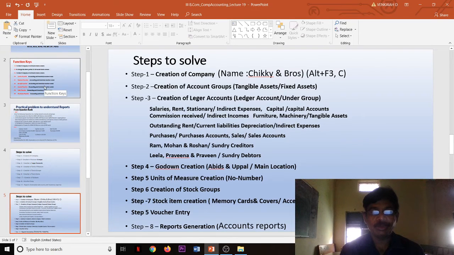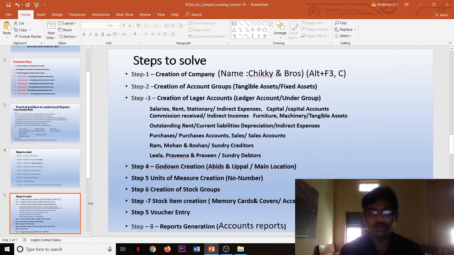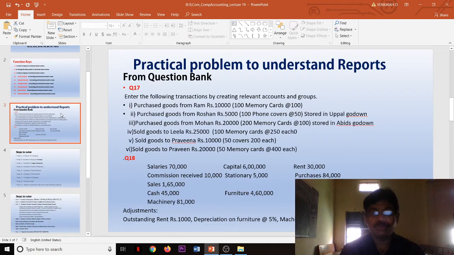And in problem number 17, Ram, Roshan, Mohan are the sundry creditors. We got goods from them and we sold goods to Leela, Praveena and Praveen. That's why these six people were categorized as debtors and creditors. In this problem, it was not given in the question bank, but I took my own godown creation.